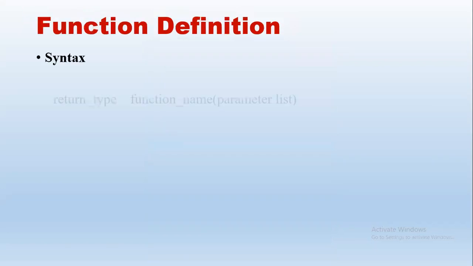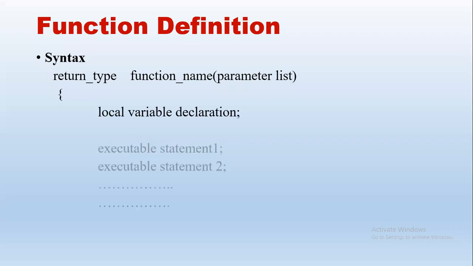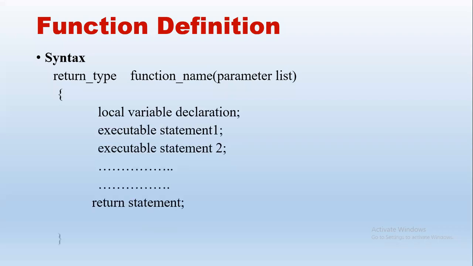So now we just saw the syntax for defining the function. We discussed this in the previous class, right? This is the prototype or the function declaration, the first line: return type, name of the function, parameter list. Inside the function definition, we have local variables. A local variable means it can be used only within that function. We have a few executable statements and a return statement, which returns the answer back to the calling function.